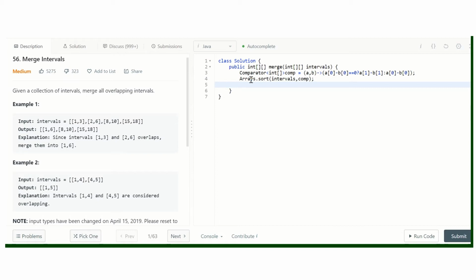So as I told, we keep two variables, int first is equal to intervals[0][0], and int last equal to intervals[0][1]. And let's take one iterator that currently points to the second element of this list. So we'll check while i is less than intervals.length,